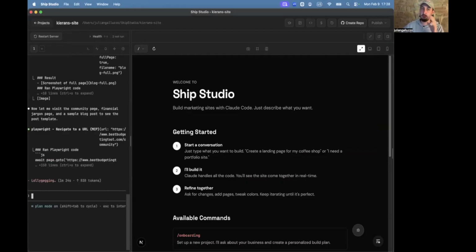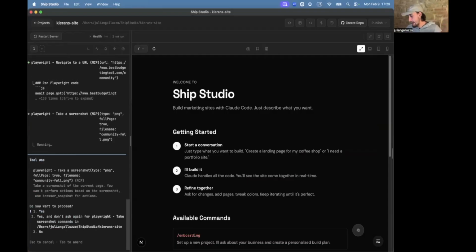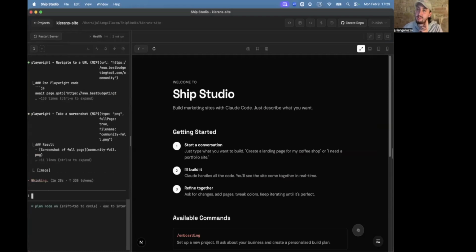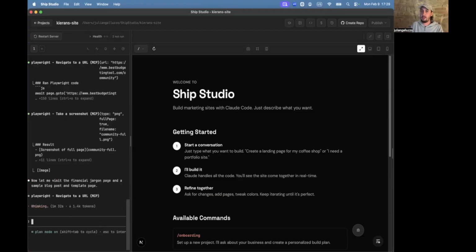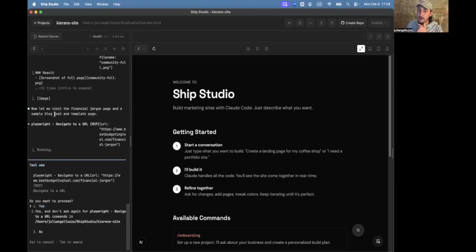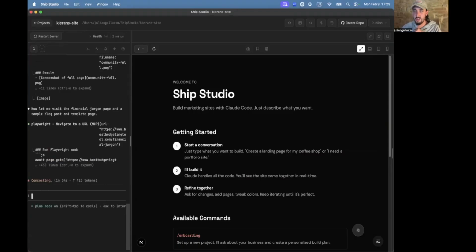So again, if I can build this with Claude Code, you can build a marketing site with Claude Code, believe me. But I started building it as a website where you can log in and everything is right there for you. I very quickly started to run into a lot of different issues with permissions. It just wasn't doing what I wanted it to do in the way that I wanted it to do it.